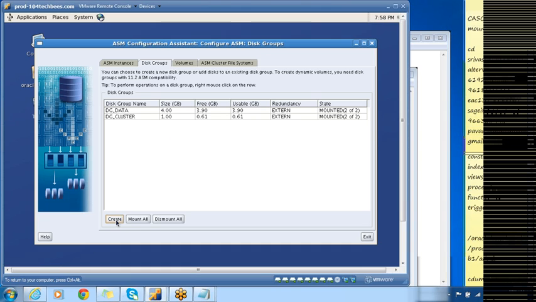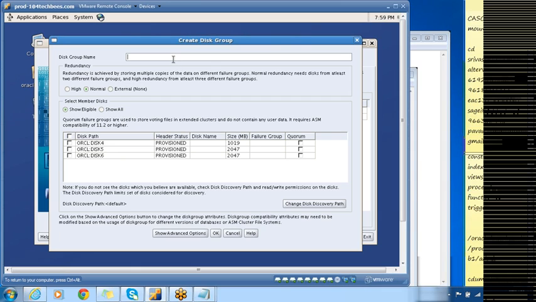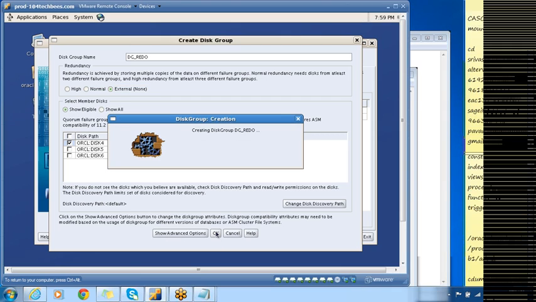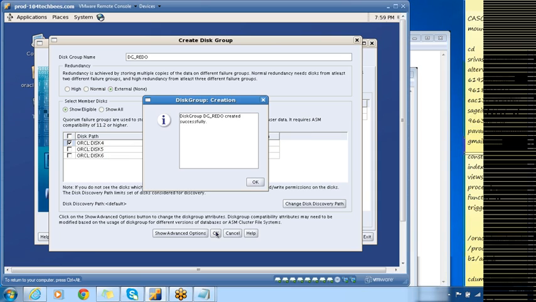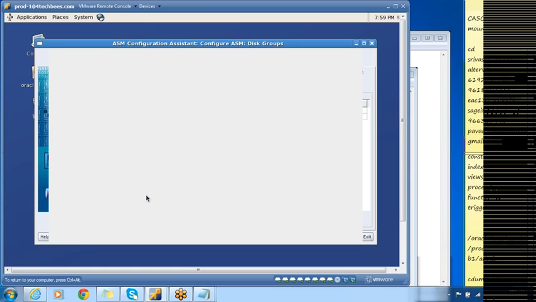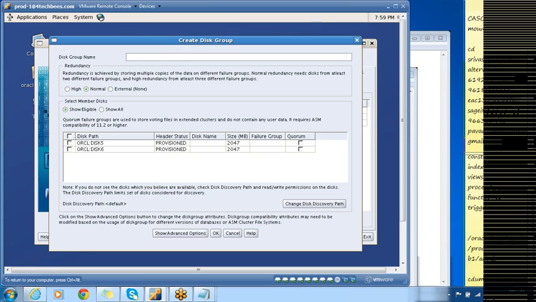Now click on create again. Go for DG_REDO. Go for external redundancy. Select the one disk which is of 1 GB and click on OK. Repeat the same steps to create the third disk group, which will be DG_ARCH.